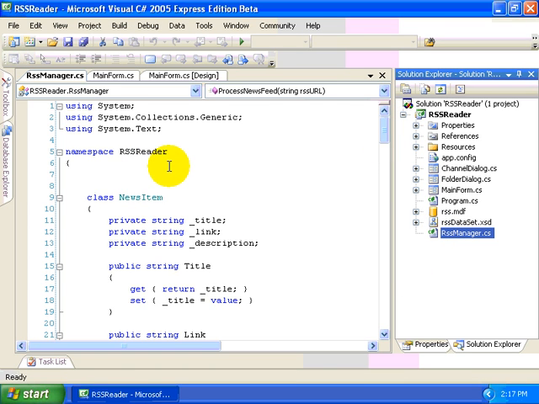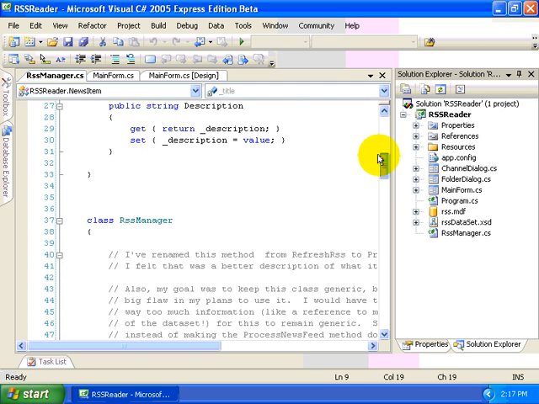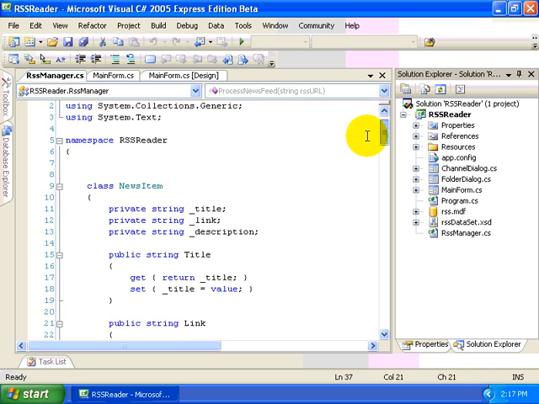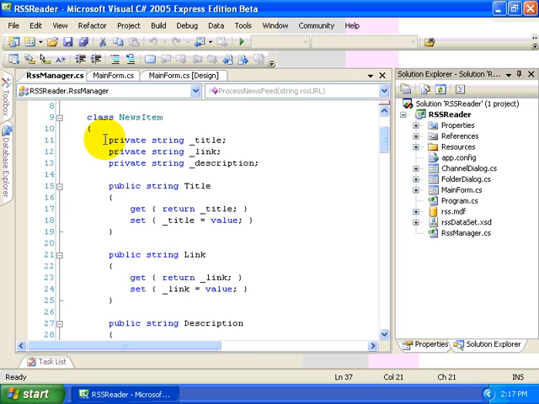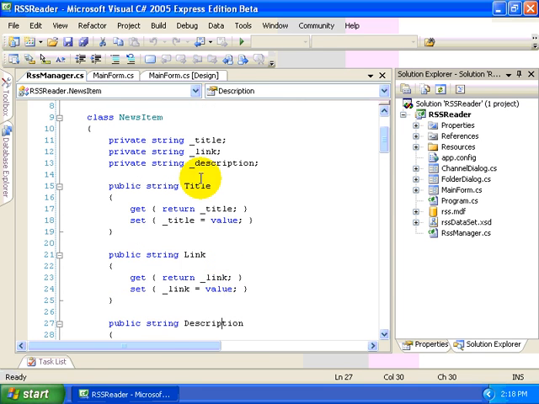in my same RSS manager file. If this wasn't clear to you in the previous videos, I want to make sure you understand that one physical file, this rssmanager.cs file, or any .cs file, can contain multiple classes. So I have a class called newsItem that I just created in this snapshot, as well as the class RSS Manager, which I have defined below it in the exact same file. And this newsItem class is simply just a structure. All it is going to contain is a title, a link, and a description,